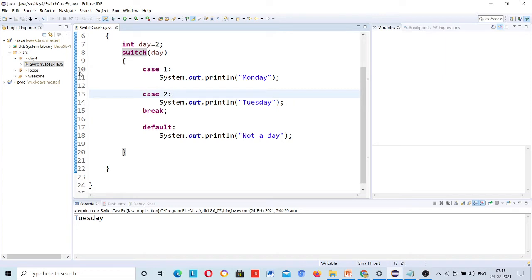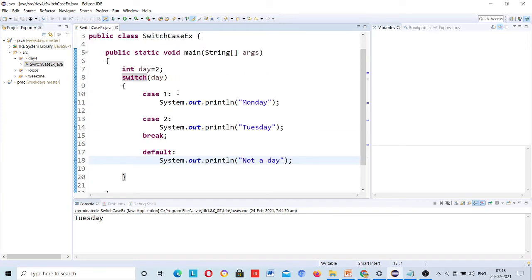Now I will put a debugger here, and here, and of course this line and this line.